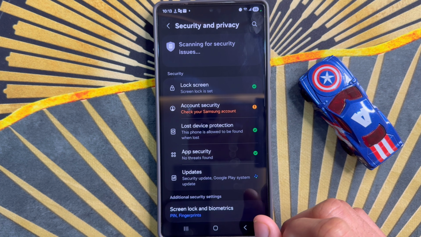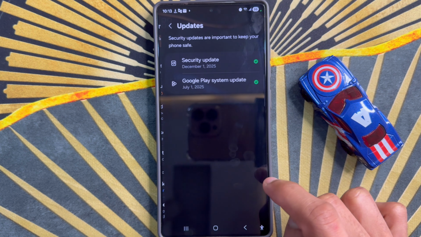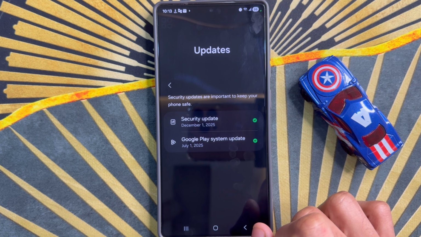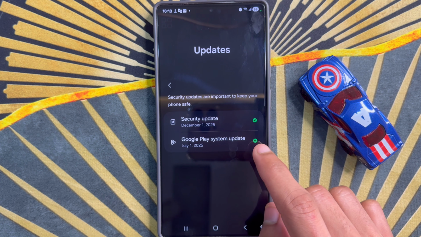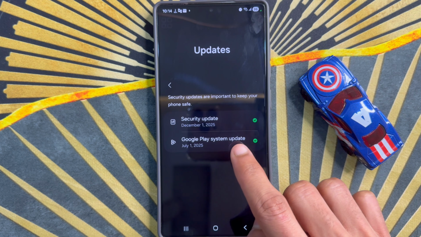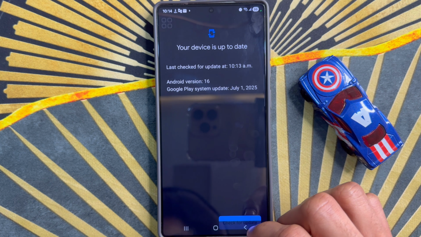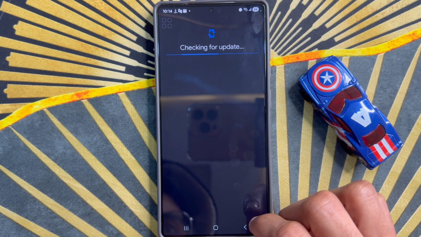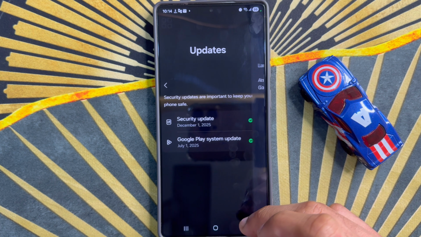After you click on security and privacy, you will see the last option is updates. So click on updates. After clicking on updates, click on Google Play System Update and click on check for update. So after clicking on check for update,